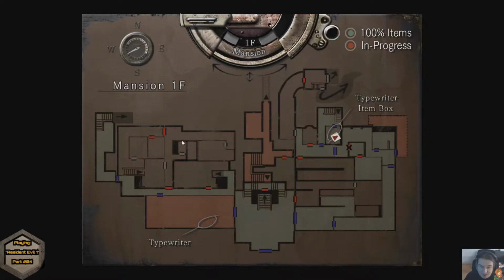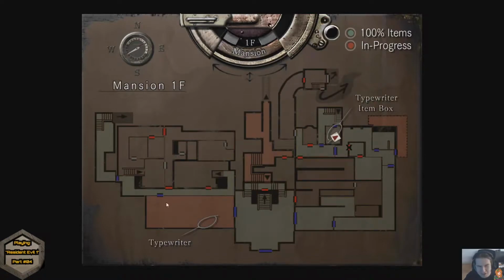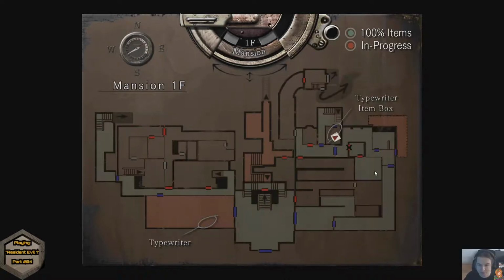With that being said, I think that should be step 2. Step 1 should be to go over here and head downstairs, unlock the final place that I know of that requires the sword key, head downstairs into the basement. Then, if we have time, which we presumably will,